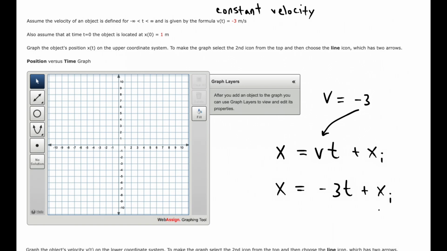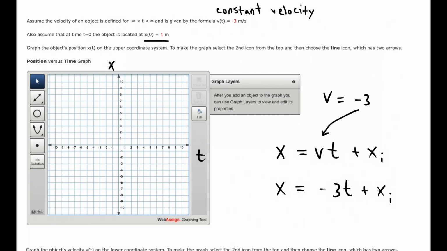xi stands for the initial position of the object. And so what we want to look for is some information about the initial position. And that's given right here. What this says is the position of the object at time 0, at the start of the clock, is 1 meter. So for this graph, the time axis is t, and the vertical axis here is actually x,